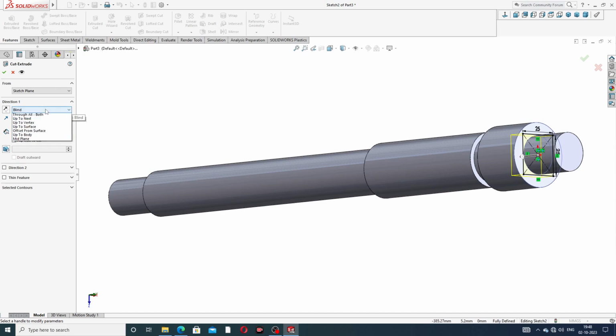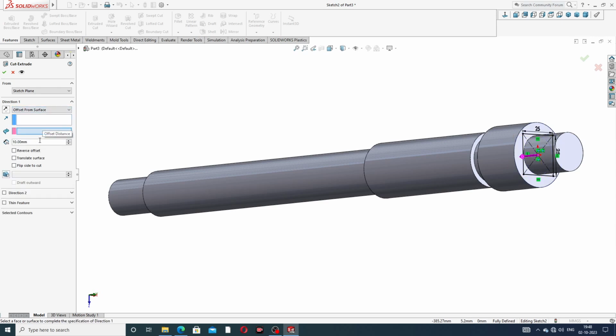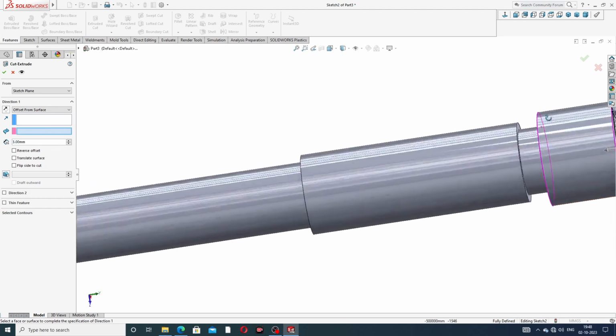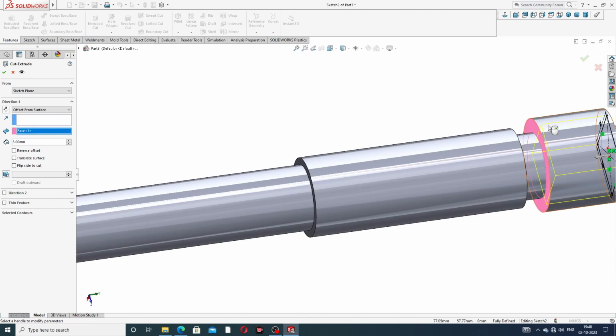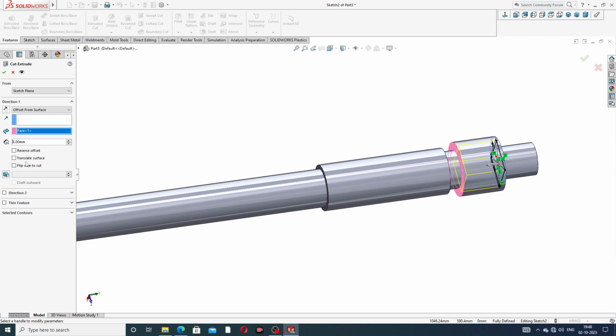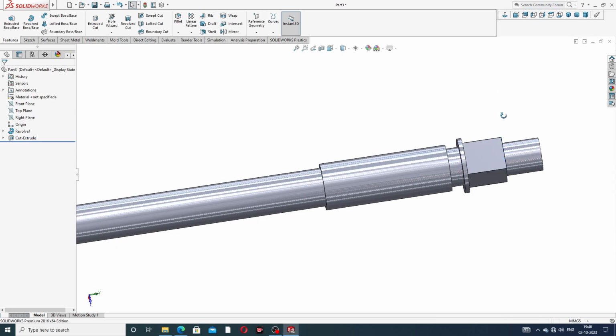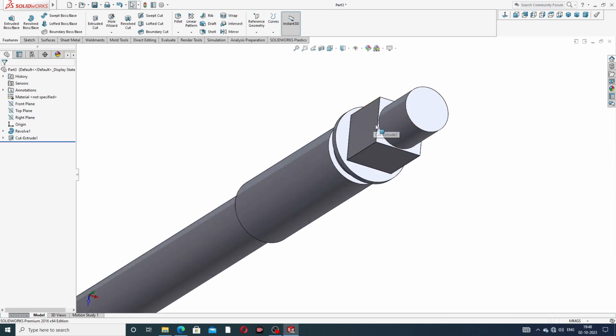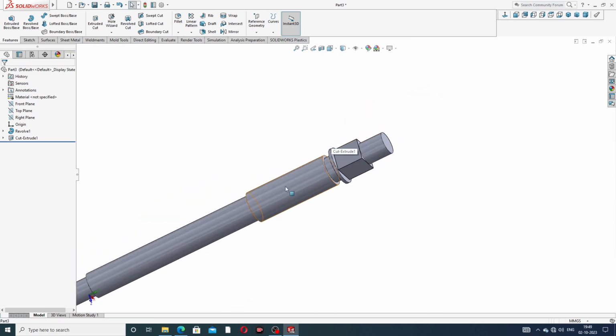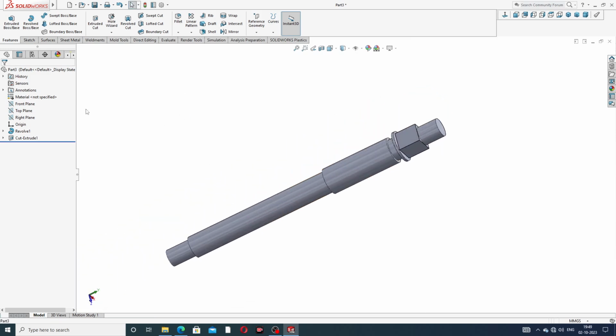And going to this offset from surface, okay, and this is a 3 millimeter, and offset is this, okay, and flip side to cut is better, and okay, click OK. Okay, this is very nice looking here, and this is perfect and correct, and also use a right